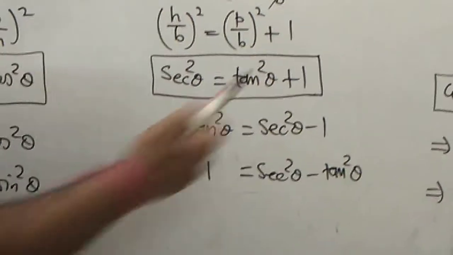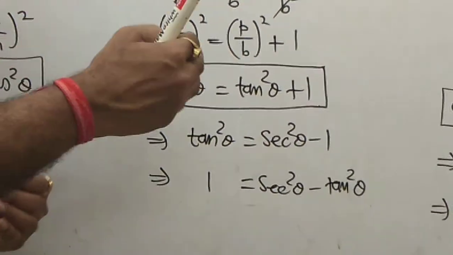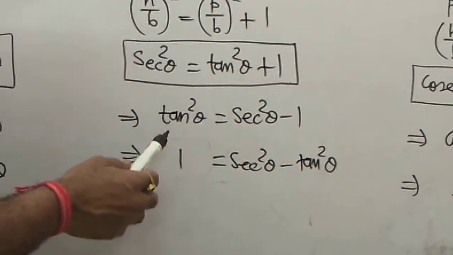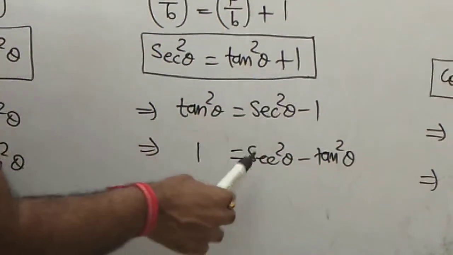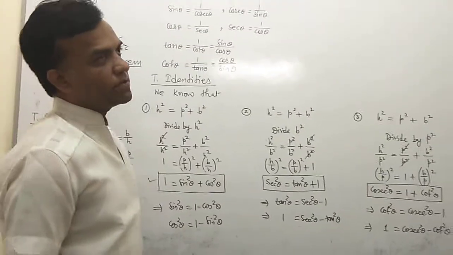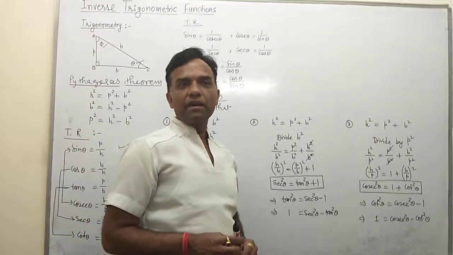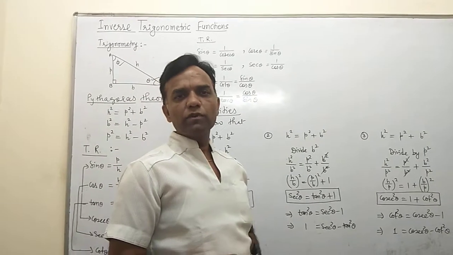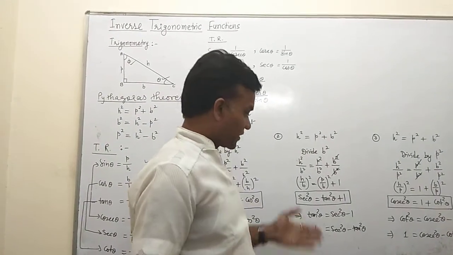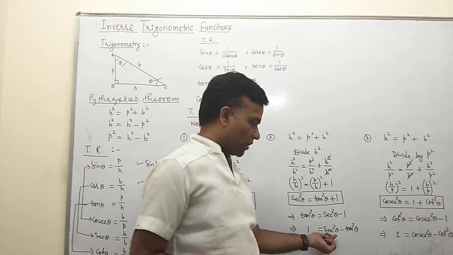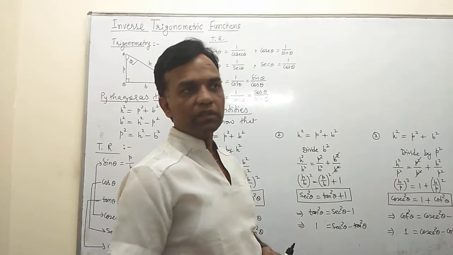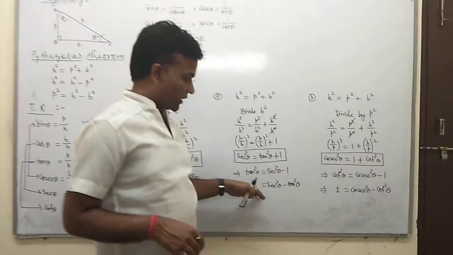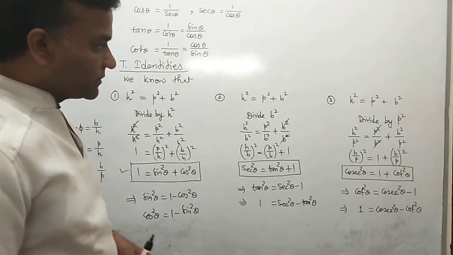But now with some rearrangement, only you replace from right hand to left hand, left hand to right hand, and we have another identity: tan square theta equal to sec square theta minus 1, or you write down 1 equal to sec square theta minus tan square theta. This is useful because sometimes we simplify trigonometrical identities, and sometimes we do rationalizations. In rationalization, these are a help, because we have sec and tan both in the denominator. Then after rationalization we have 1 in the denominator. Therefore this 1 is very important for our rationalization factors.